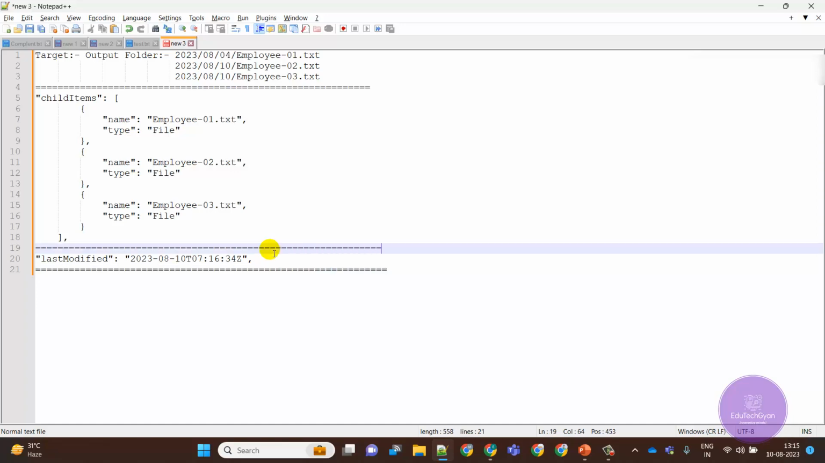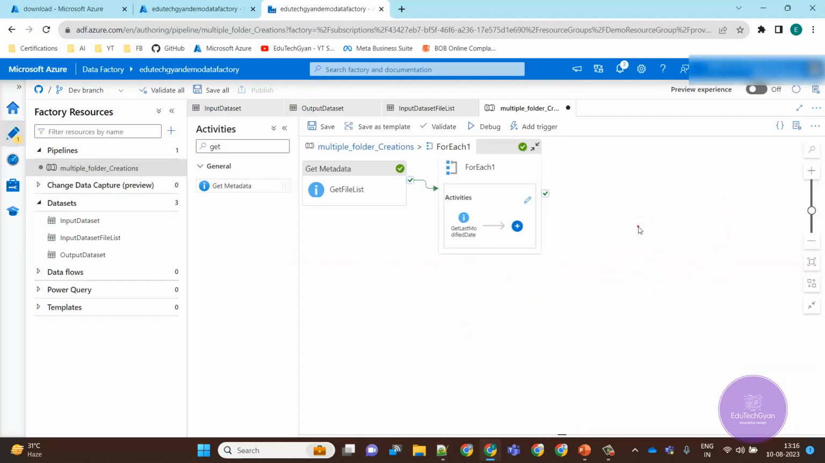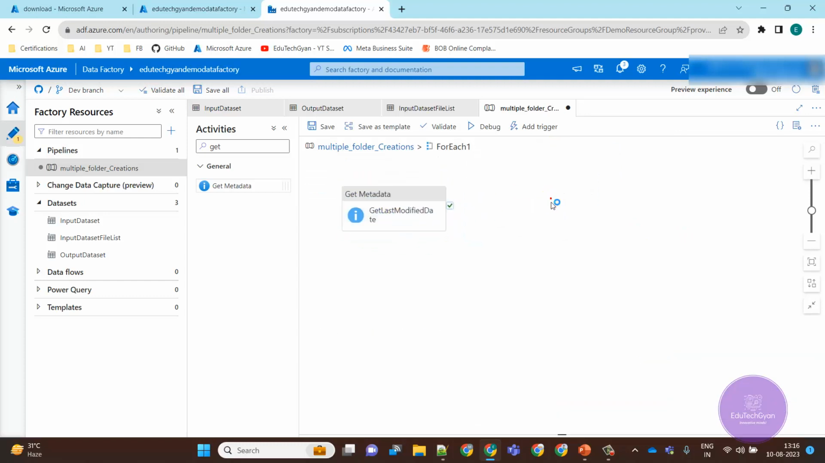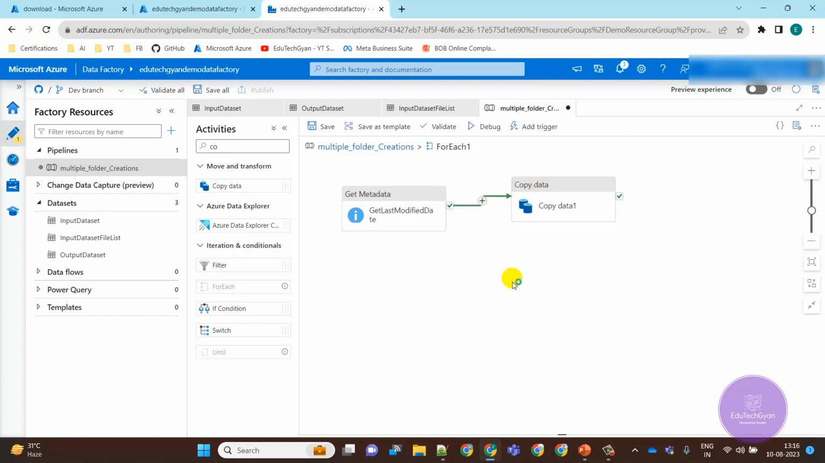Okay, let's get back to this. So now we have the last modified date. Now what we are going to do is copy that file to the output folder. So we are going to pass this to this, and here